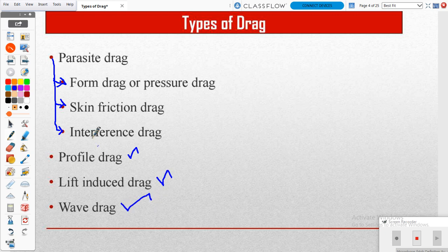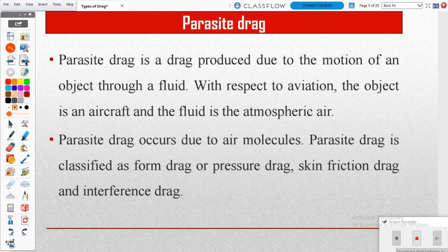These are all the types of drag we have. Next we look into a major parameter, that is parasite drag. Based on this drag our flight performance will vary, so that is what we are going to estimate.